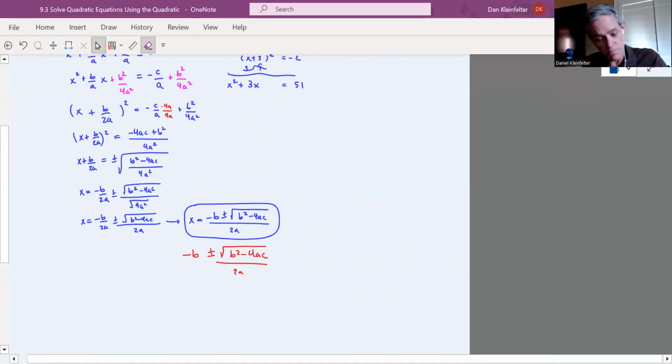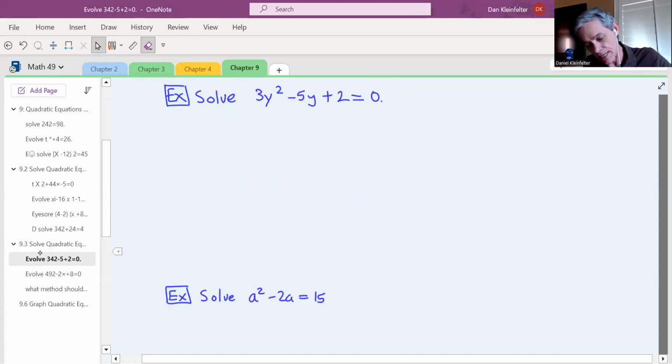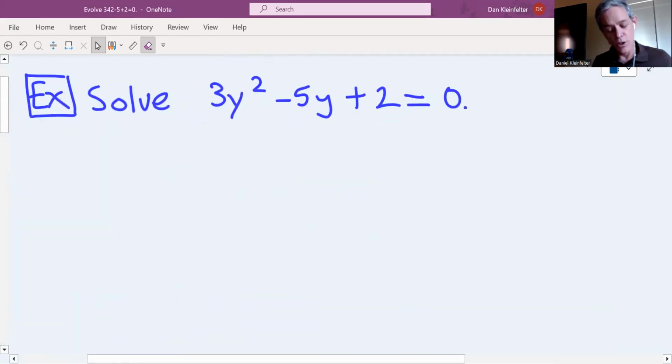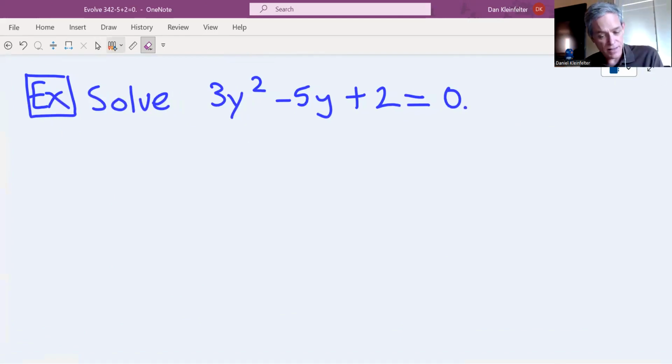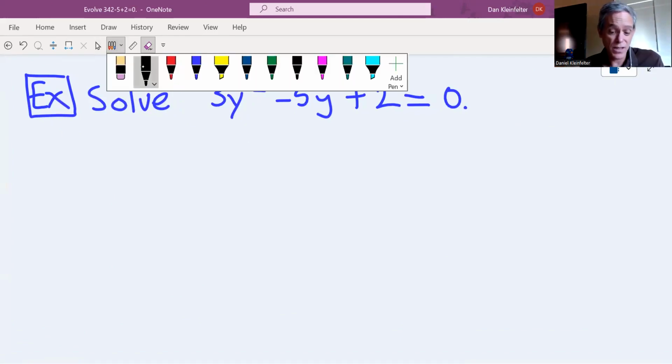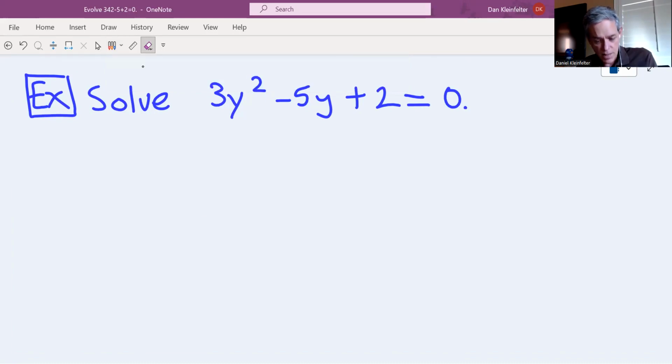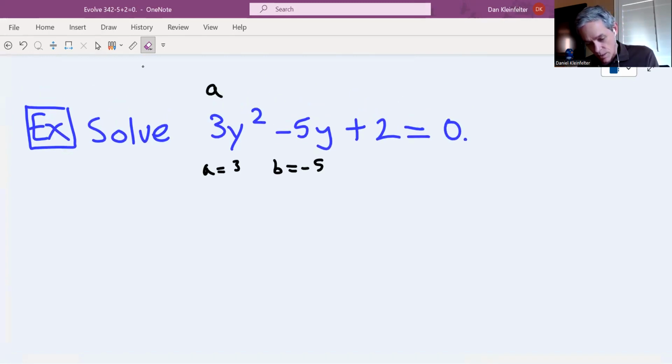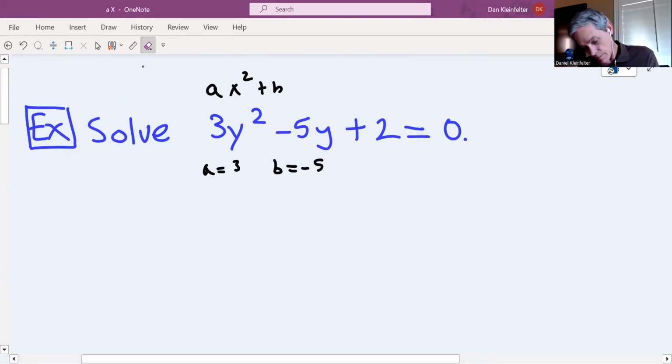And what's next to do is to try some examples where we apply the quadratic formula. To do that, the main thing really is just to know what A, B, and C are. So for this one, A is equal to 3, B is equal to -5. Be very careful that you pick out the right value. There's a minus sign there. We developed our formula with AX squared plus BX